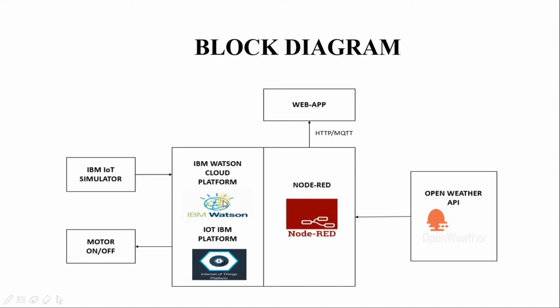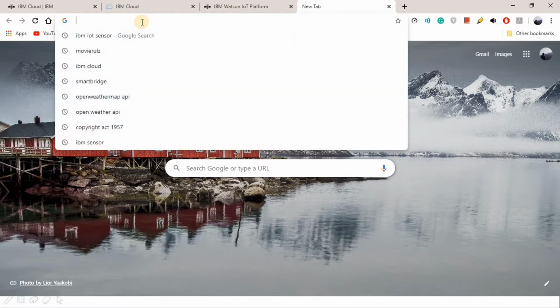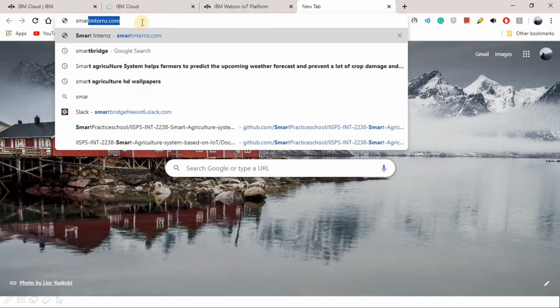Through these details, the farmer can decide whether the motor must be turned on or off in a situation. So let's see how it works. At first, let us go to the Smart Interns platform.